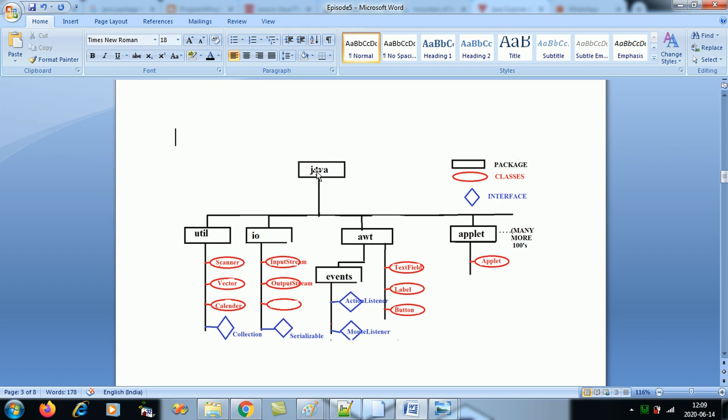So java is all small letters. These black color rectangles are your packages. Packages then will have sub packages, like a folder will have subfolders. The movies folder had subfolders: rom-com, action, comedy. Similarly, the main java package will have sub packages.